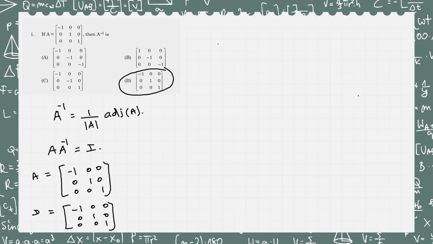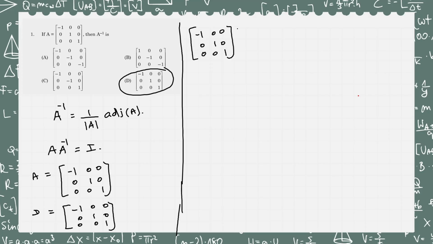So when we multiply both of these, let's see what happens. -1 0 0 0 1 0 0 0 1 multiplied by -1 0 0 0 1 0 0 0 1